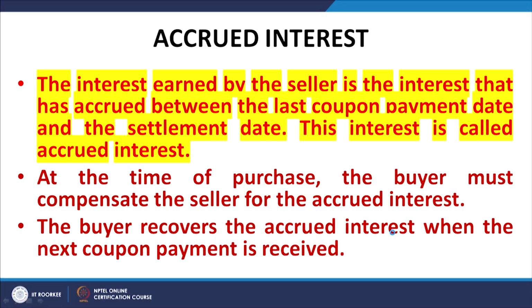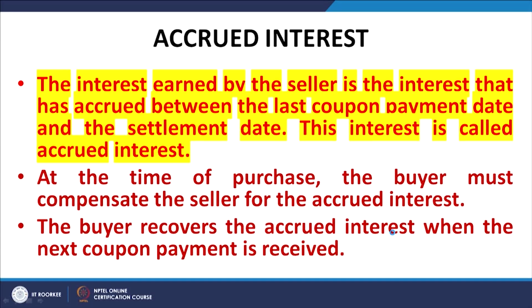This interest is called the accrued interest, and the buyer is going to be recouped or replenished with this amount of interest as well as the interest for the holding period, because the company will pay the interest for the entire coupon period. It will not, I repeat, it will not split up the interest and pay part of it to the seller and part of it to the buyer. That will not happen. The entire coupon payment will be made to the buyer whose name appears in the register